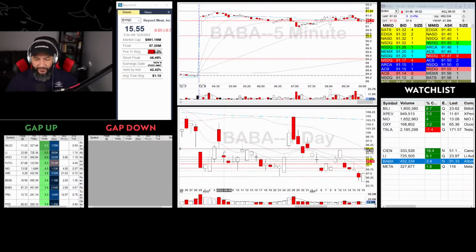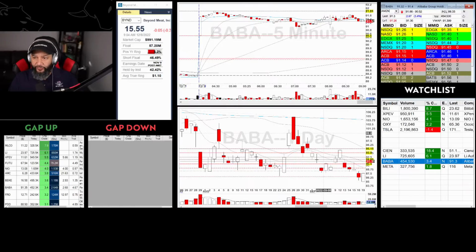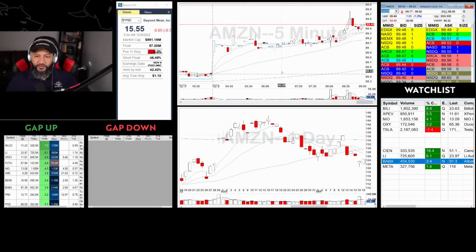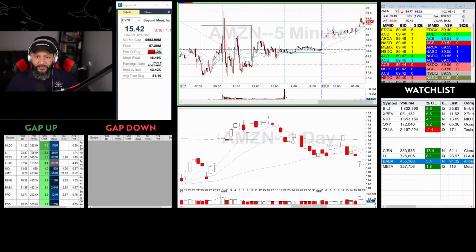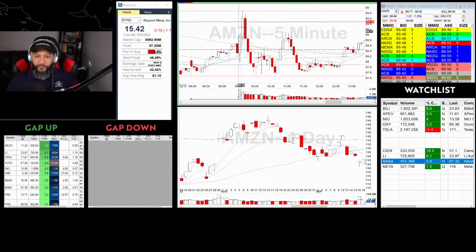So that's the major level. You got a minor level in here as well. I wouldn't put too much weight on this, but it's good to have because the chances of this thing running from 92.50 to 95.15 are very, very slim, especially with the way this overall market is trading. You're not getting that great continuation. We didn't get it yesterday on Amazon. Me and Paris were both looking for that continuation, and we did not get it. Still got a decent trade out of this, but it wouldn't give you that continuation